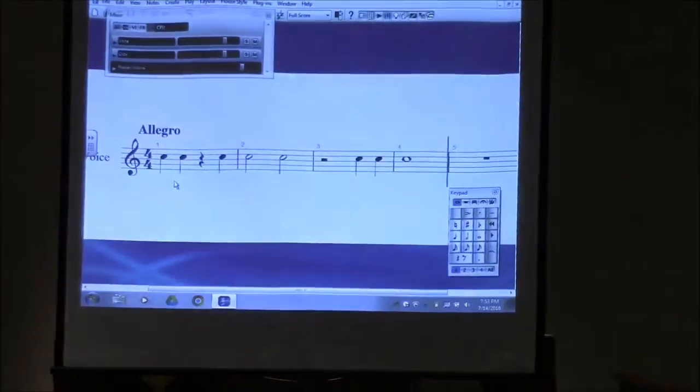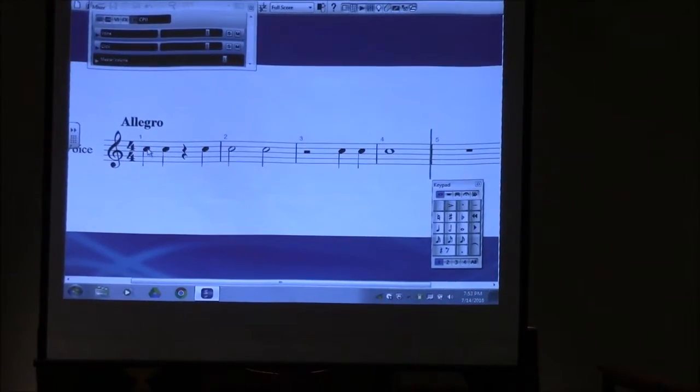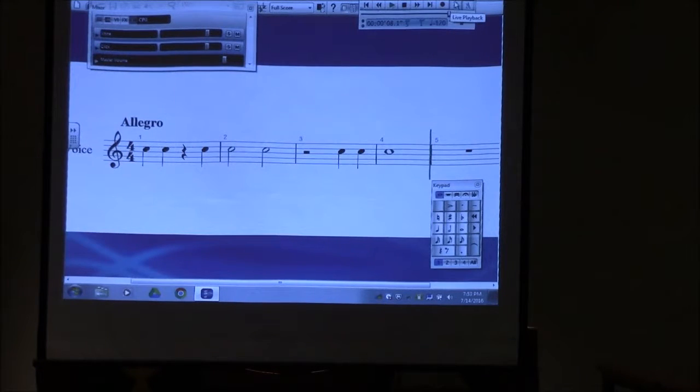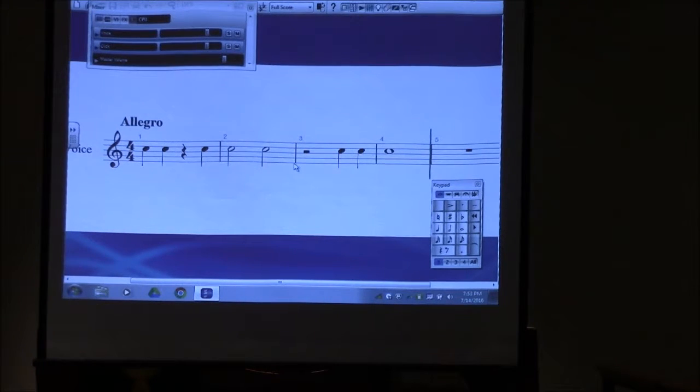But the vast majority of classical music uses what language? Do you know? Italian. You see that word allegro? You're going to sing music that is marked allegro. Allegro is Italian. Literally it means bright. If you use the word allegro in Italy, people are going to think you're talking about the light or the sunlight or what have you. It's bright. Okay? Try another one, Andrew. Another Italian word.